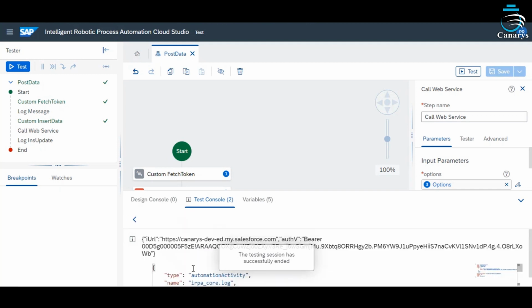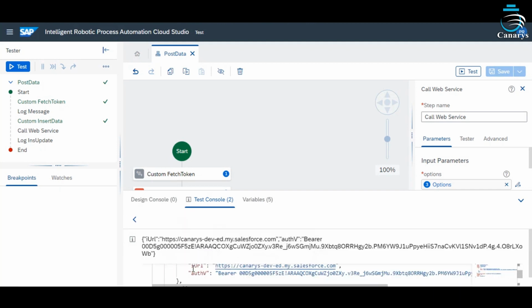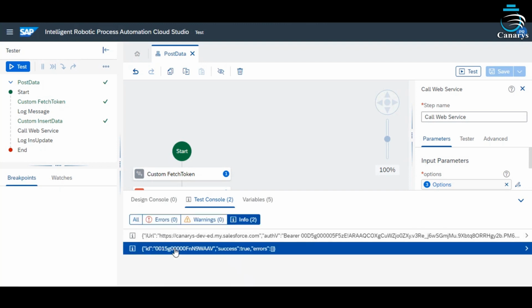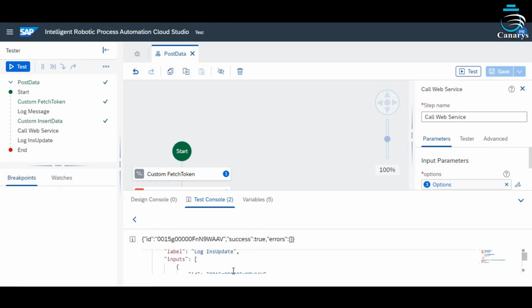So here in this message, we can see the instance URL and the access token. And this is from the second call. Here we can see the ID of the data record that has been created along with the success message that the data record has been created successfully.